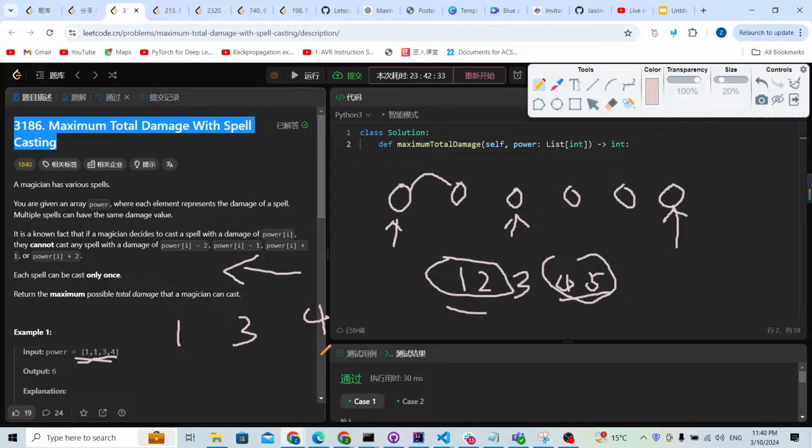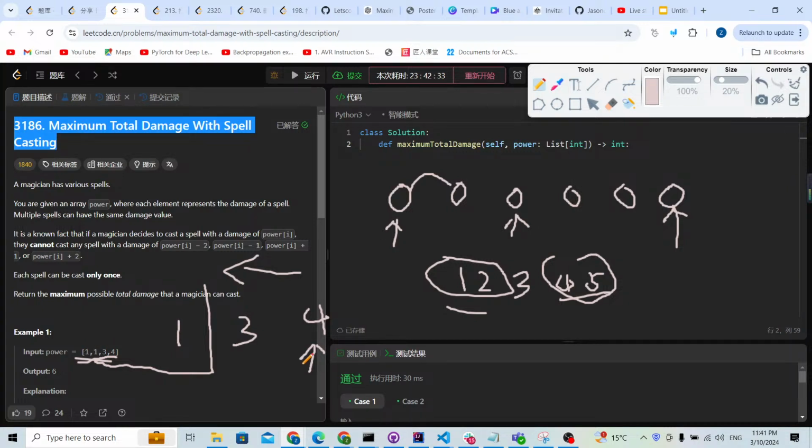For example, let's turn this problem into a house robbing problem. If we are going to rob this house, what's going to happen is that we cannot rob a house whose value is 3. We cannot rob it. The value of 2, we cannot rob it. If we are going to rob this 4, we cannot rob 3, but we can rob this 1, because 4 minus 1 is more than 2. If it is more than 2, definitely we can rob it. So this means if we are going to rob this house, we can rob house 1 and the houses to its